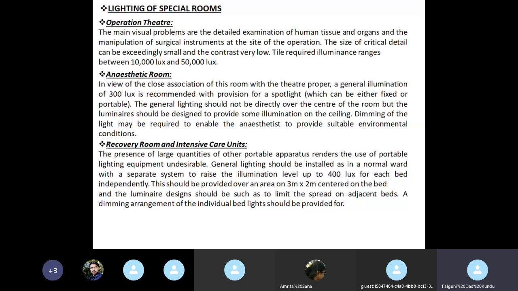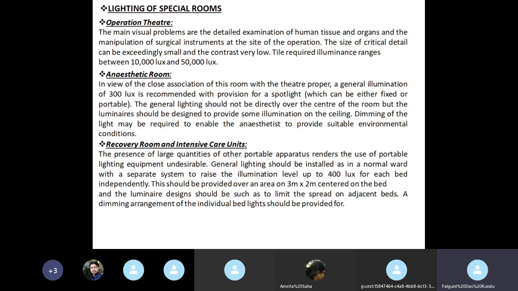Now the recovery room and intensive care units. The presence of large quantities of other portable apparatus renders the use of portable lighting equipment undesirable. General lighting should be installed as in a normal ward, with a separate system to raise the illumination level up to 400 lux for each bed